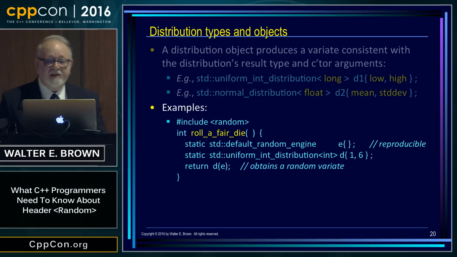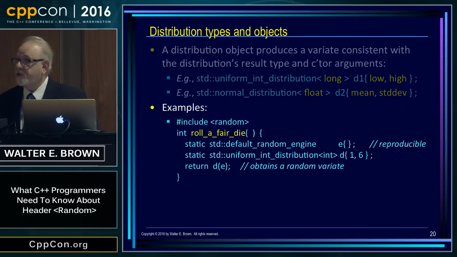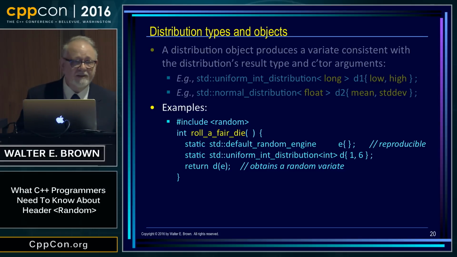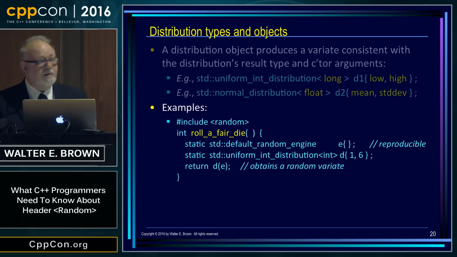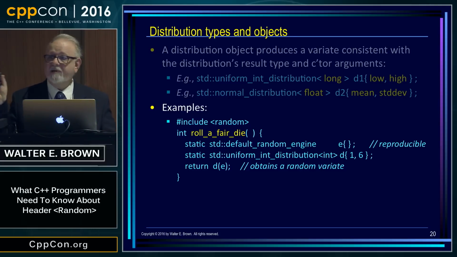And there's something called a default random engine. I'll say more about that shortly. And then the uniform int distribution, as I showed you above. I made them static for simplicity here. Of course, you get to control their lifetimes however you want. If you want, you can do shared pointers, and you can pass around shared pointers if you want. That's entirely up to you. I'll give you some tips about management in a little bit.